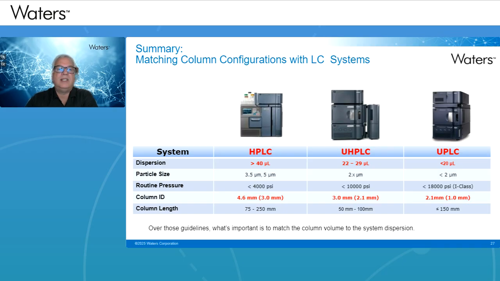So on the HPLC, I will use larger column diameter. I will use larger particle because of the back pressure. And in the middle here, in the medium dispersion, I can use a 2 point something micron, and I will be able to use 2.1 if it's a long column, or 3 millimeter if it's a short column. This is where you will get the best results.